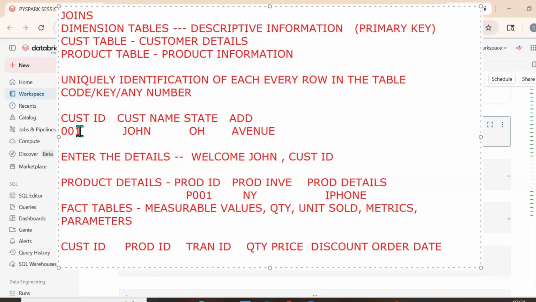For example, John is the customer. John ordered a product called an iPhone, product P001, with transaction ID, for example, T001, and the quantity is three. He ordered three iPhones, and the price is, for example, $1,000, and he got a discount of 10%. And the order date is, for example,